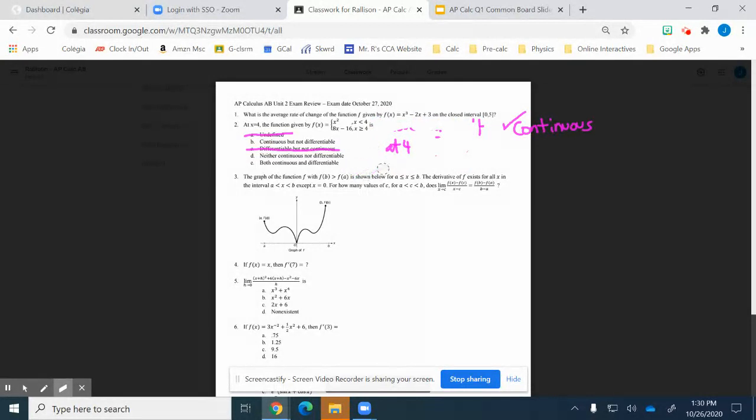And differentiability means that it has to have the same slope from both sides. Because if something's a sharp point, it could go like this, right? Something like that. If something's a sharp point, you could legitimately talk about a slope of a tangent right there, and right there. But right here at that point,